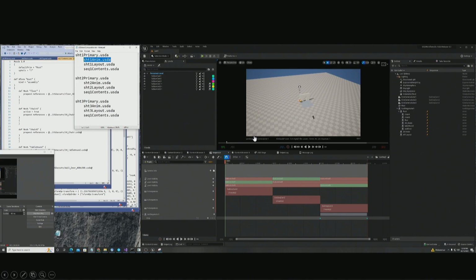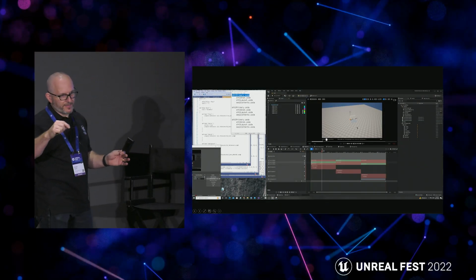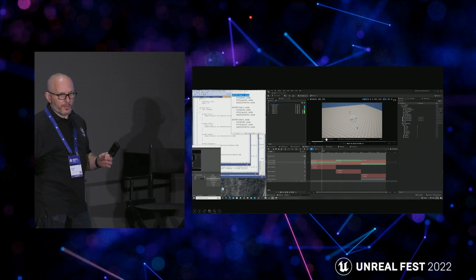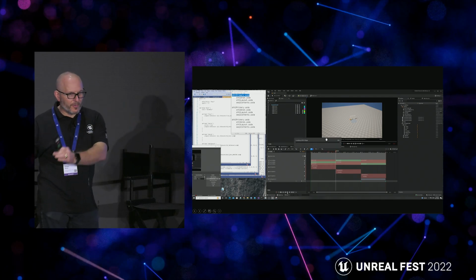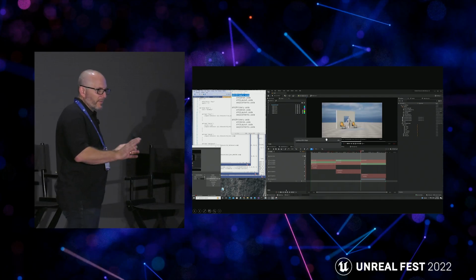And what we're doing here, and why I say it's very proof of concept, is if you were doing this and you had really big USD files, then this would be very painful, because we're actually loading in 3 separate USD stage actors, and we're taking each USD stage actor and adding it to the sequencer. When you scrub through, when you go from one USD stage actor to the next, it has to load the stage actors as it's going through. So the stage actors don't know anything about the other stage actors at this point. And so again, that's why I say this is more proof of concept, but it's more to say, look, this is the sort of thing that you can do, and it's all USD, right?